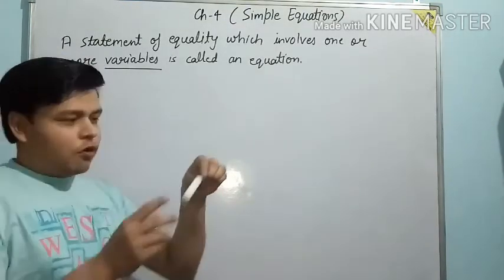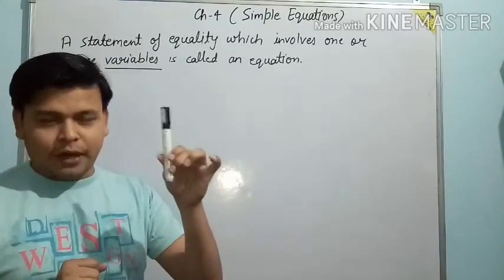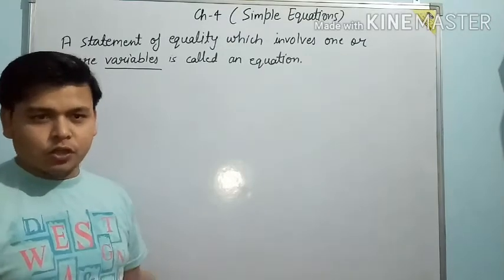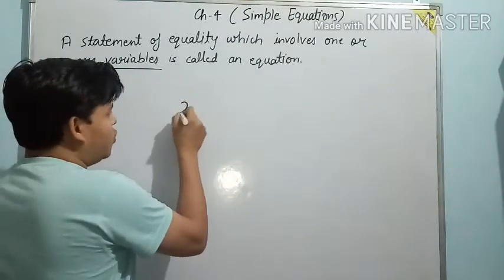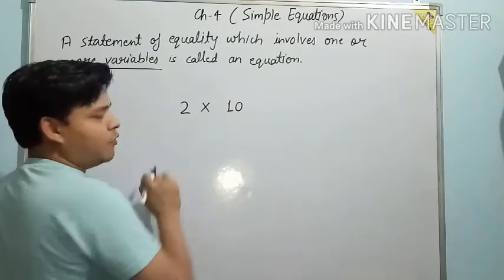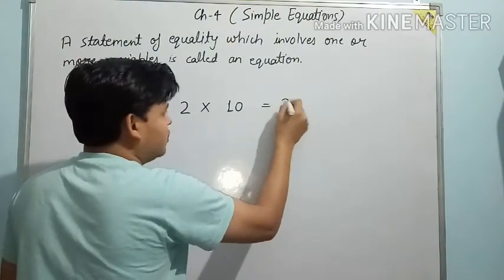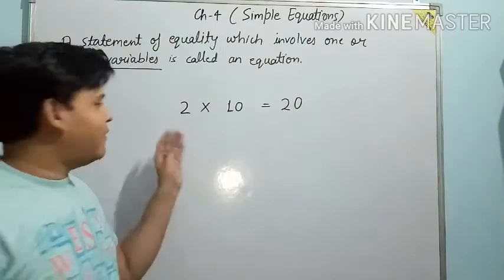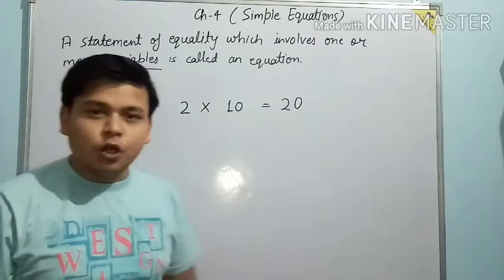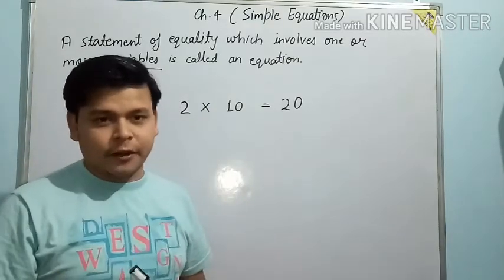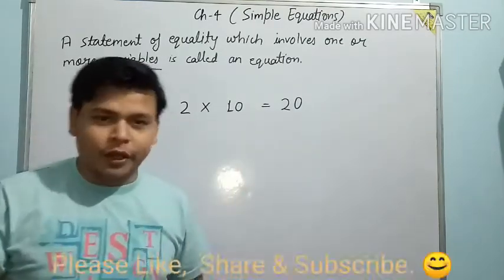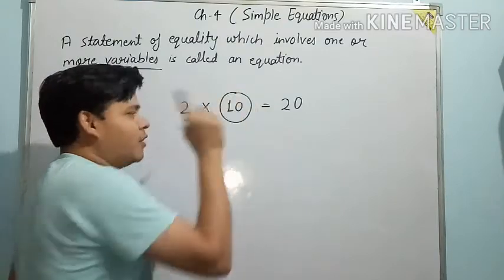Say the cost of this marker is rupees 10, right? Cost of one marker is rupees 10, and I want to buy 2 markers. So how will I represent this? 2 multiplied by rupees 10, the cost of the marker, will be equal to 20. I hope you all would have understood this. This is very simple. As the cost of this marker is rupees 10 and I want to buy 2 markers, मुझे 2 markers purchase करने हैं, so how can I represent this in this form? 2 multiplied by 10 equals 20. So here this 10 is the cost of 1 marker.